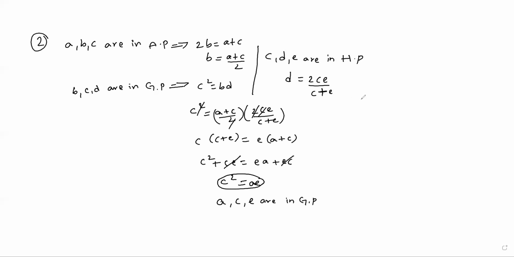Now, coming to the next one, the third one also you can do easily. It's a simple question. Just coming to the fourth one. Question number 4. If the sum of an infinitely decreasing GP is 3, the sum of the squares of its terms is 9 by 2. The sum of cubes of the terms is how much? We need to find out.